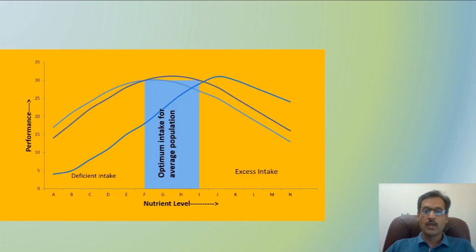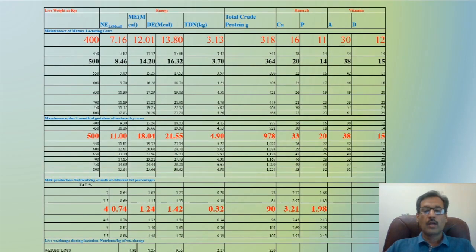So why are we practicing this? The reason being, when we formulate a diet on the basis of feeding standards or listed values in the table, they are average values, and if we use those values, the animal will not be able to attain its maximum body weight and will not be able to perform its maximum. So that's why we have to calculate accordingly, so that we can feed better to the animals. If we go for a deficient intake or excess intake, both are not good for animal health or from an economic point of view.